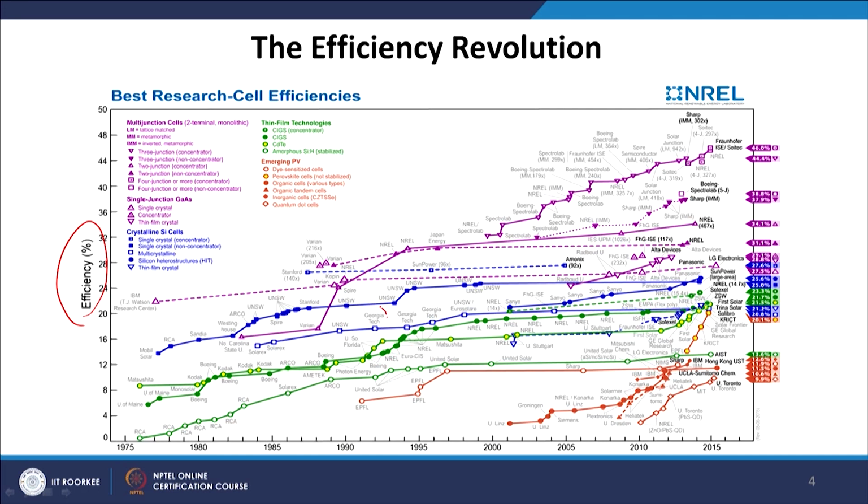there are different place names shown here, like Georgia Tech and then this NREL. These are the corresponding labs where these solar cells were discovered, and mainly the labs which are working on this kind of solar cell. For example, if we start with multi-junction solar cell or single junction gallium arsenide solar cell, this is shown by this single crystal solar cell by the open triangle.